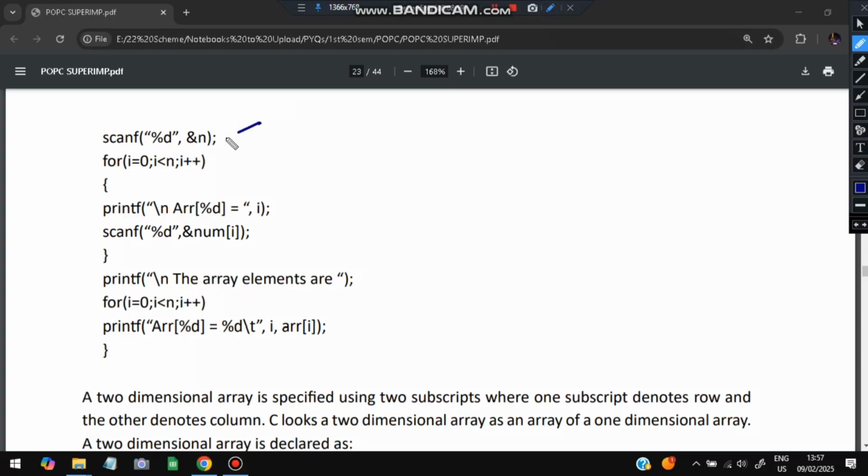Okay, so here we'll be scanning how many numbers we want. That many numbers, we'll run a for loop, and in each iteration we'll take whatever number we want and store it in num[i]. So in num[i], all the numbers will be stored, and we can print the elements using another